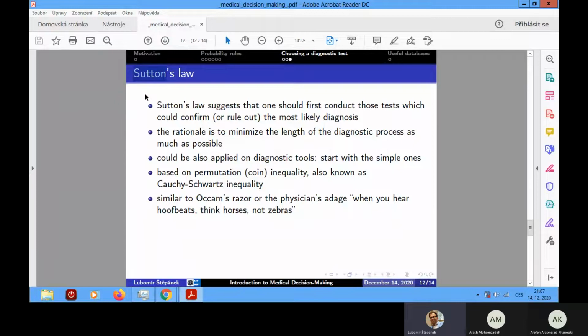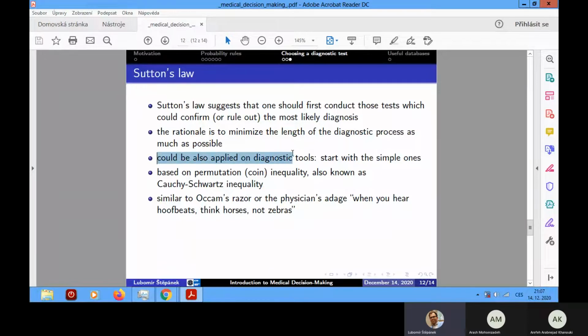He said something like this, and if you try to translate it into more medical English, it's absolutely where the money is. So go do something which is pragmatic at the moment, or, for example, most feasible at the decisive moment. In other words, this is the meaning of Sutton's law.